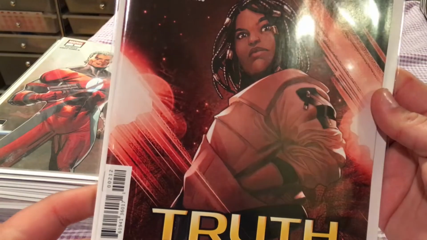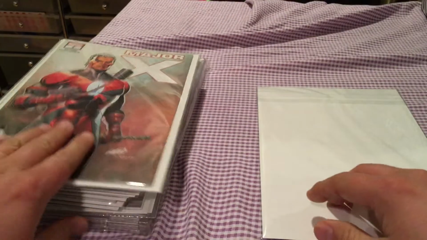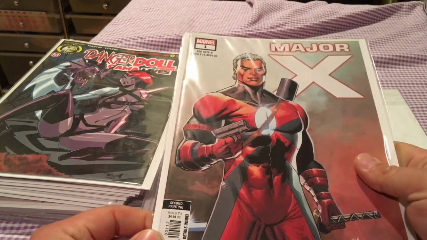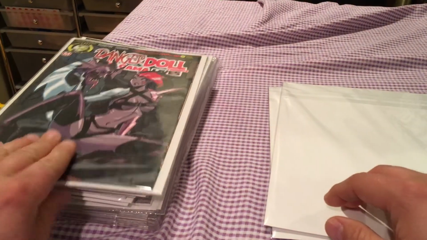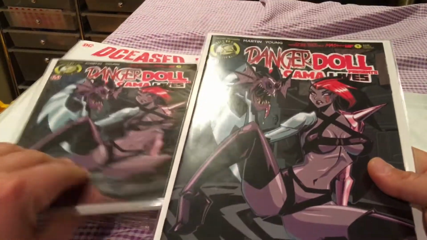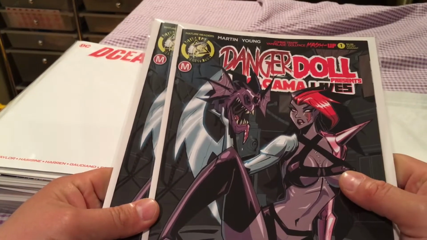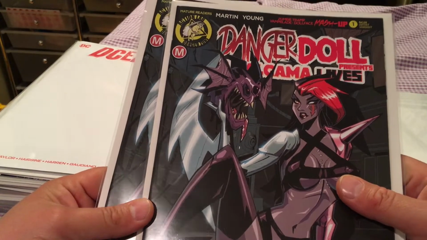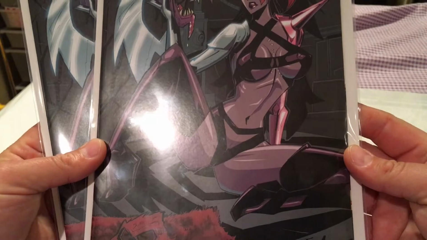this was the second printing of Naomi number 2. Picked up the second printing of Major X number 1. Picked up the C cover. I picked up 2 of them, actually. And I picked up one for Make Mine Marvel. Danger Doll Amalgalo's C cover, which was a pretty cool cover. A little risque there,